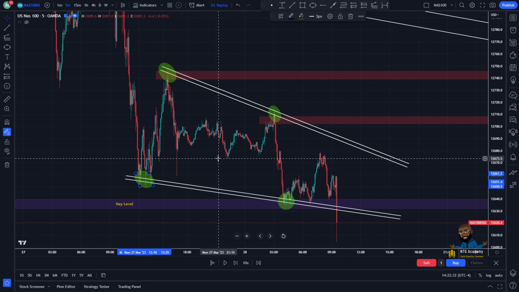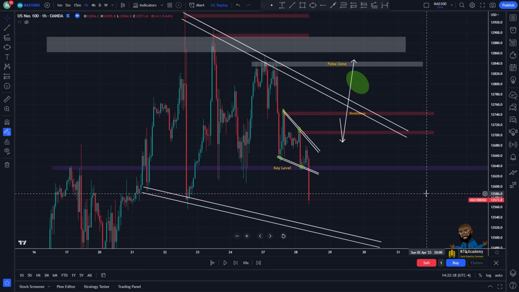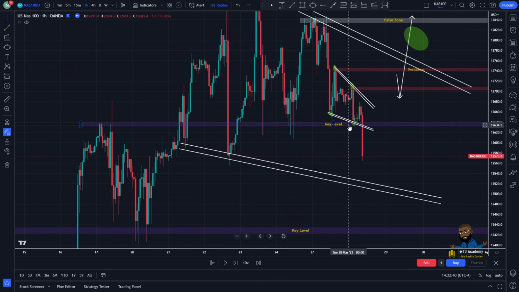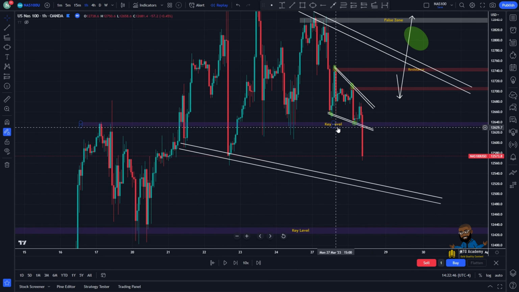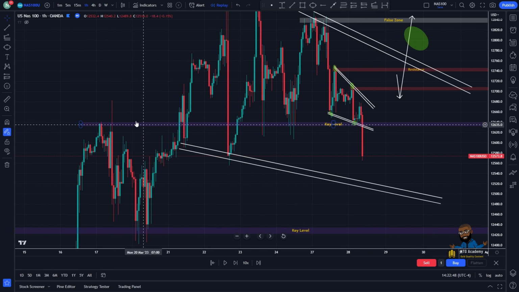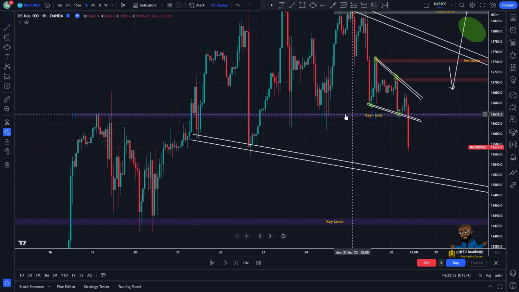And now what I like to do also is go to the higher time frames, and I will look left. Okay. So right here, I have this key level here. So now me wanting to go for sales for this pattern, I knew that this key level will be some sort of support here. Okay. So this is why I need to be aware of where the market is going to crash to.